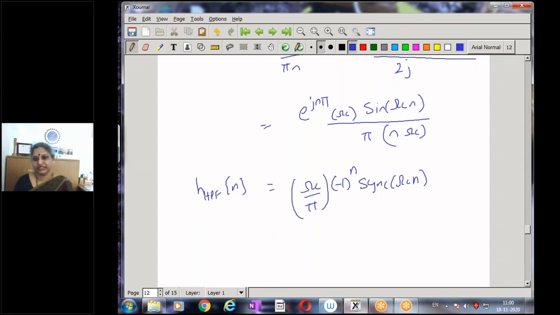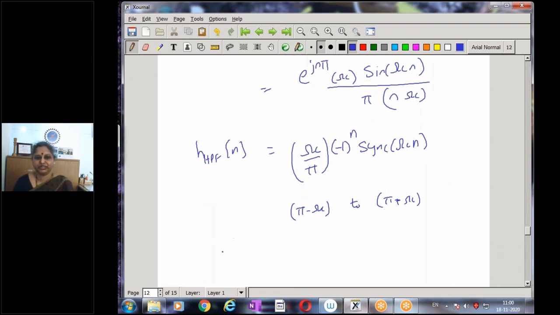Of course, we need to recognize that the cutoff band of the high pass filter is from pi minus omega c to pi plus omega c. That is actually pi minus omega c, but because of symmetry we have it this way. Or for specifications, it is just pi minus omega c. And if I compare this result with my earlier result, which we got for the low pass filter, we had omega c by pi